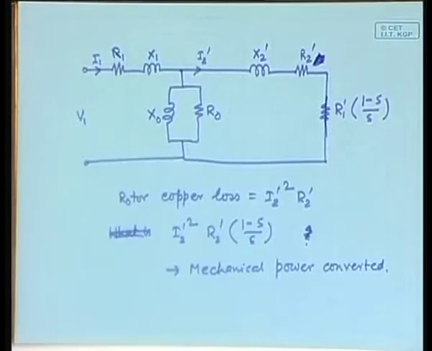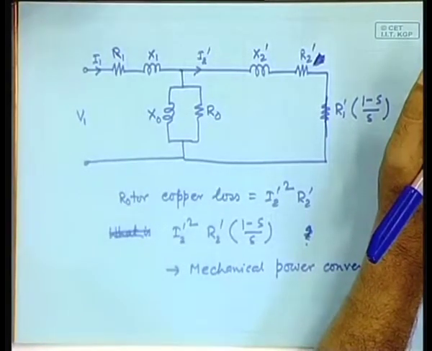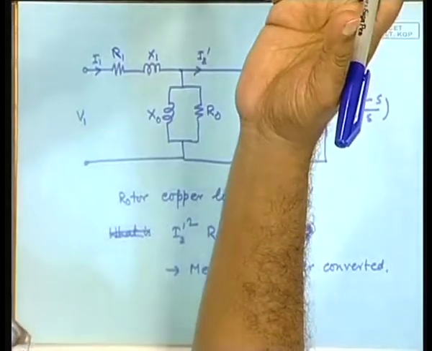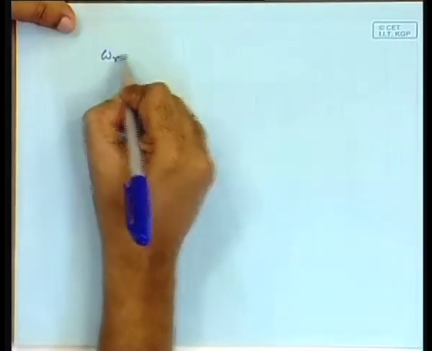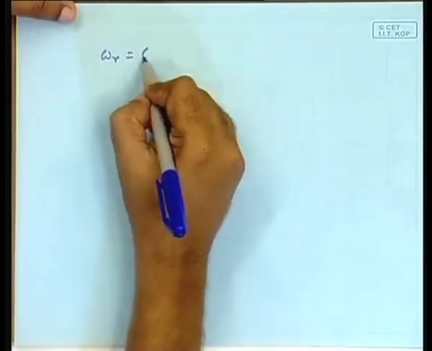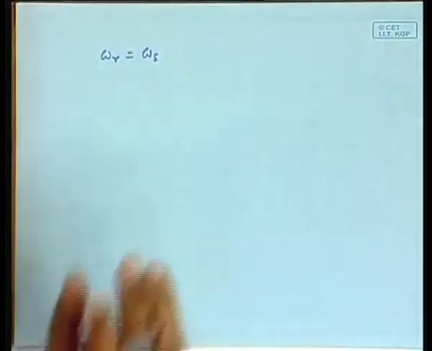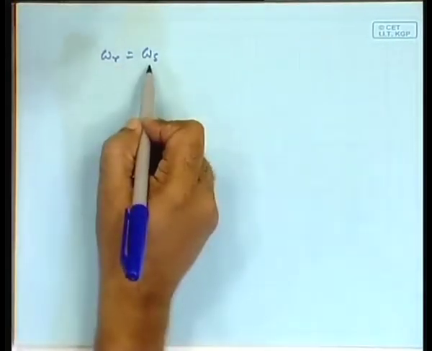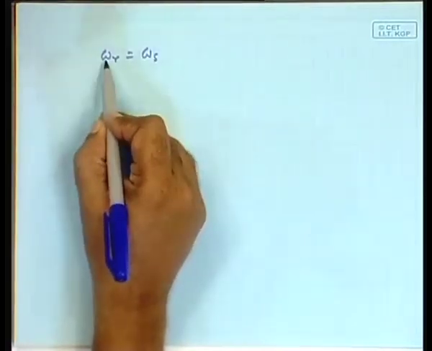Right? The moment you have the mechanical power, it is trivial to obtain the torque. Why? Because the mechanical power is the torque times the angular speed. Okay. So, we can write, what is the angular speed? Omega r is omega s. This is the synchronous speed, which we know because the field is rotating. The moment you have energized the magnetic circuit, the field is rotating, and that speed is omega s, and there was a slip. So, the omega r is given by,